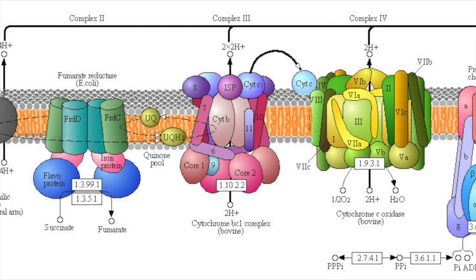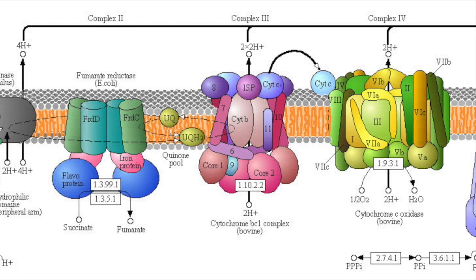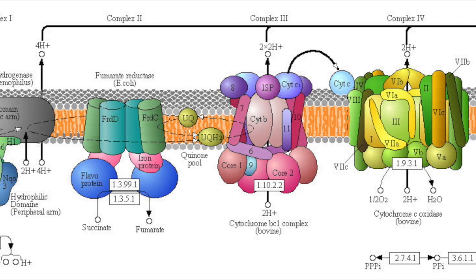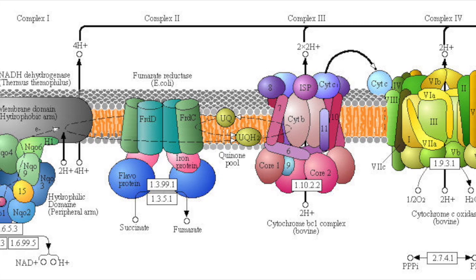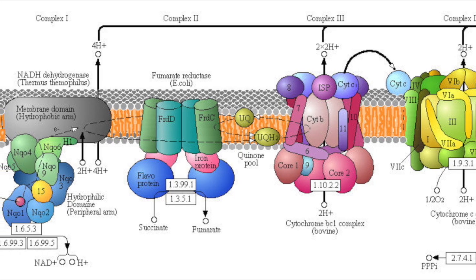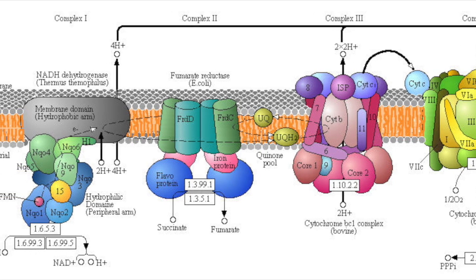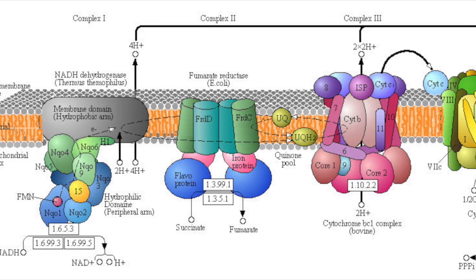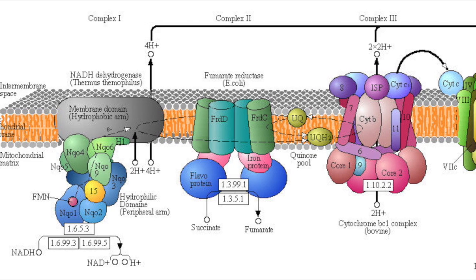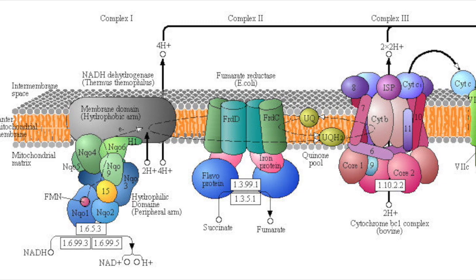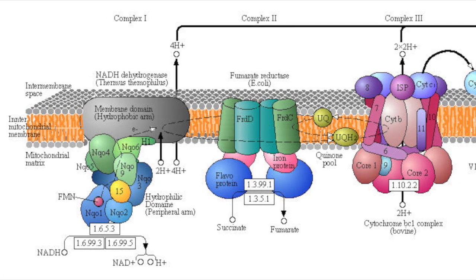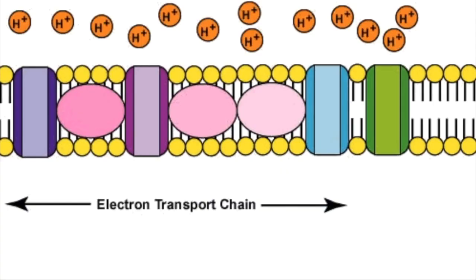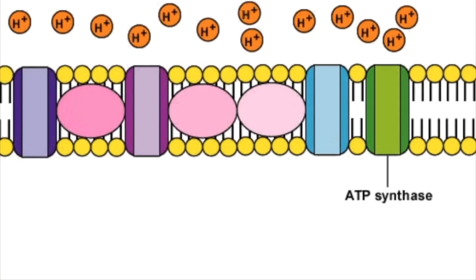Once these sources are broken down and enter the electron transport chain, they become NADH plus and can also be FADH2. Both carry electrons, and the main difference between them is that